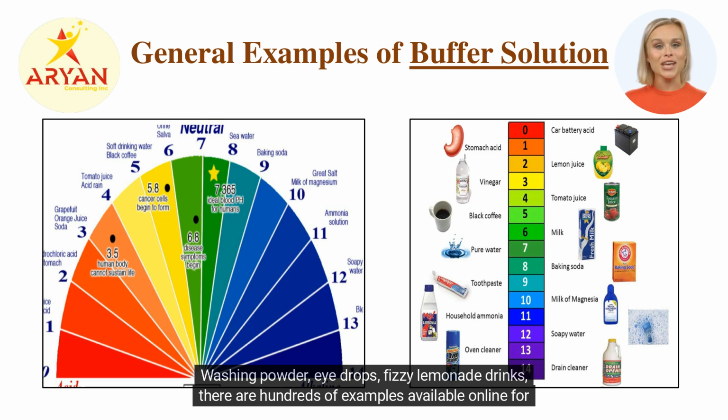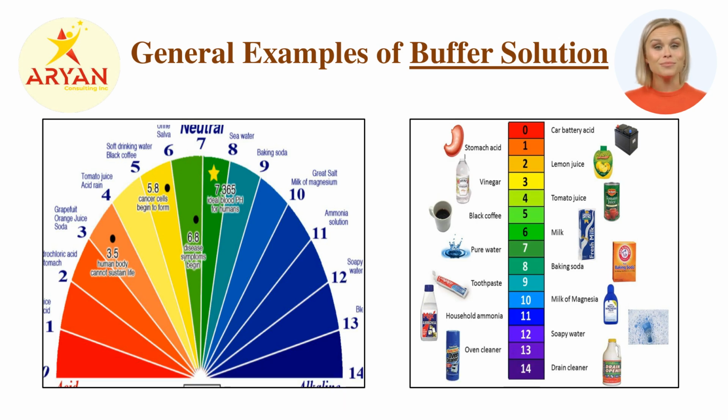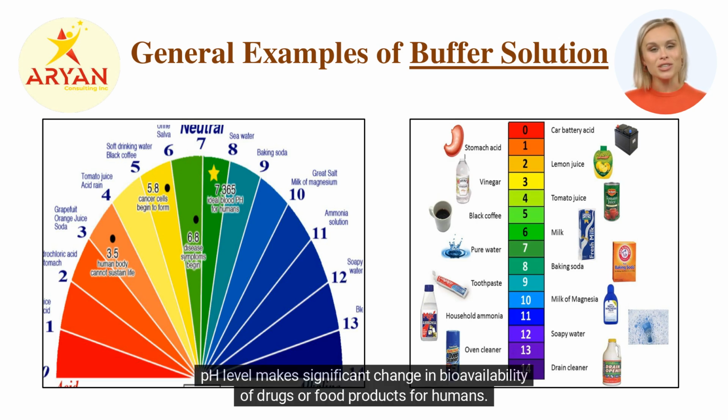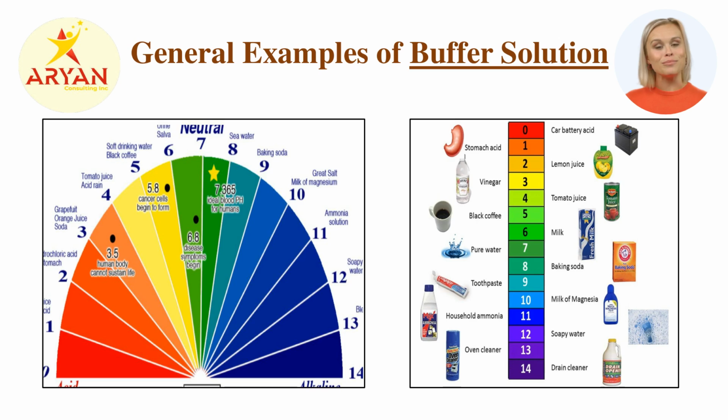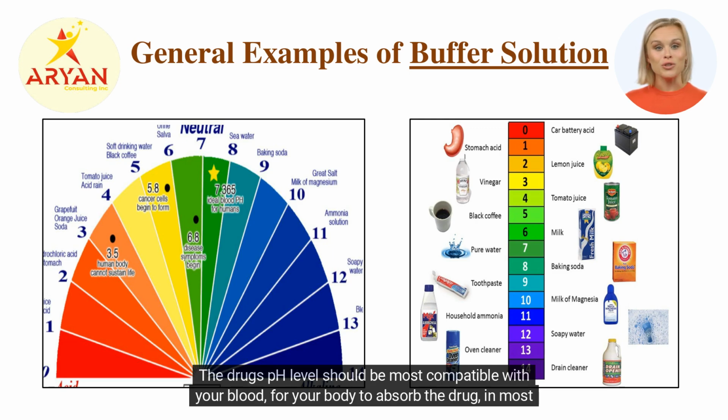Washing powder, eye drops, fizzy lemonade drinks, there are hundreds of examples available online for several general products that we consume every day and their pH levels are important to humans. pH level makes a significant change in bioavailability of drugs or food products for humans. Buffer preparation and its use is vital in drug manufacturing. The drug's pH level should be most compatible with your blood, for your body to absorb the drug in most